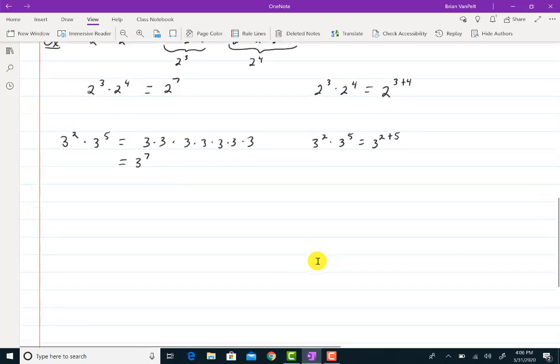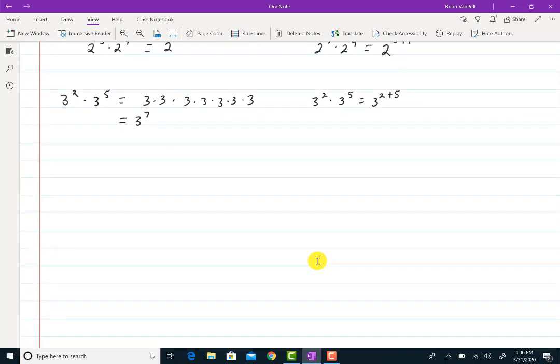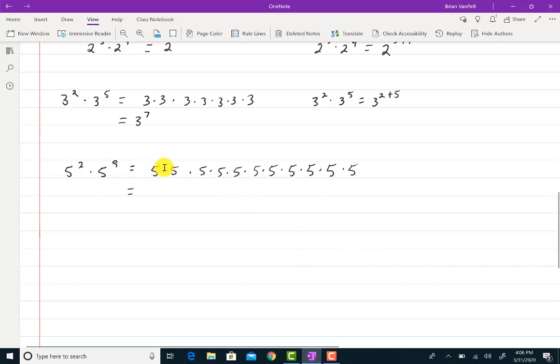I realize that this makes it look like it only works for 7, so let me invent one more. I'll have 5 squared times 5 to the 9th. So the 5 squared will be 2 of them, and 5 to the 9th I'll have 9 more. 1, 2, 3, 4, 5, 6, 7, 8, 9. So how many 5's do we have altogether then? We have 1, 2, 3, 4, 5, 6, 7, 8, 9, 10, 11. So I have 5 raised to the 11th power. So what we had then was 5 squared times 5 to the 9th is 5 to the 2